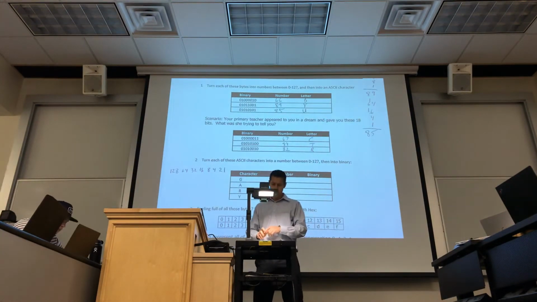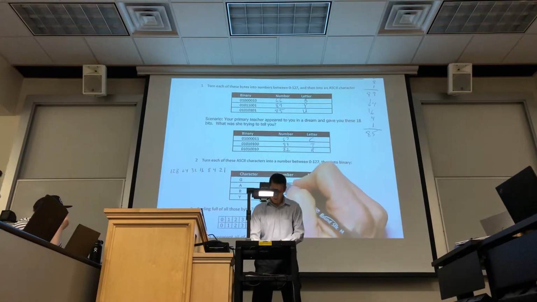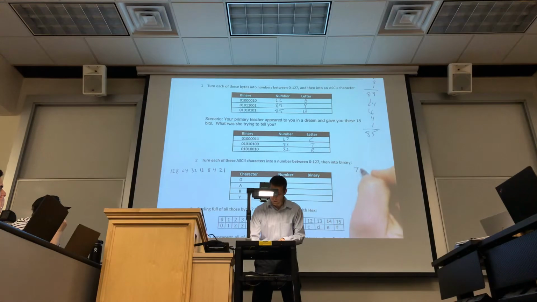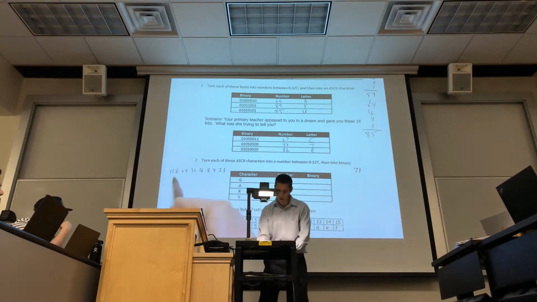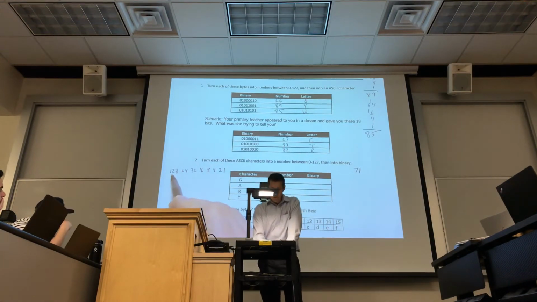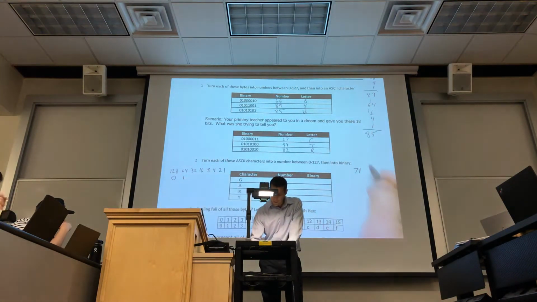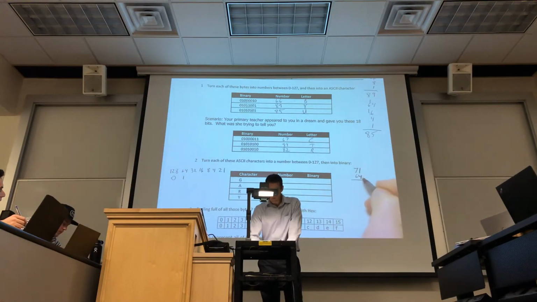Okay, so when we try to figure out what the binary is that goes with the number, we would start off with a number, so I'll write the number 71, and I'll look over here. Is there a 128 that's within that number? No, it's too big. Is there a 64 that's within that number? Yes, there is. So I will put a 1 right there, and then I'll write 64, and then